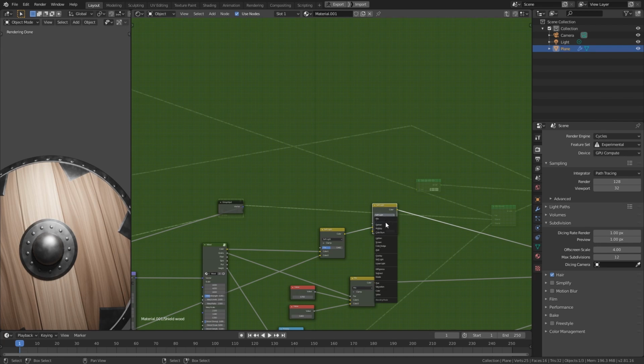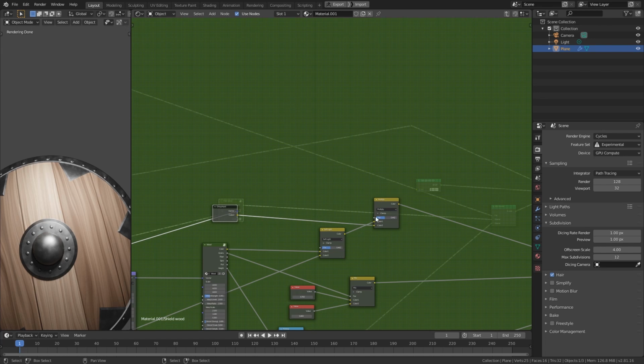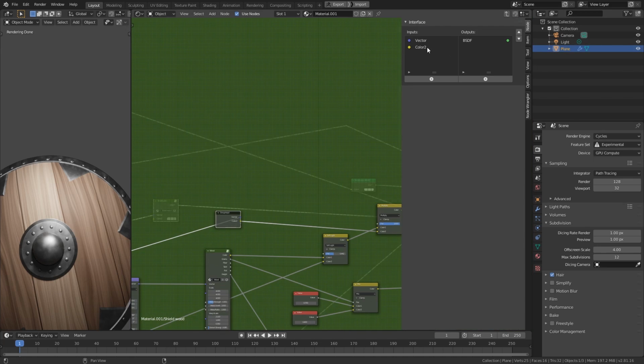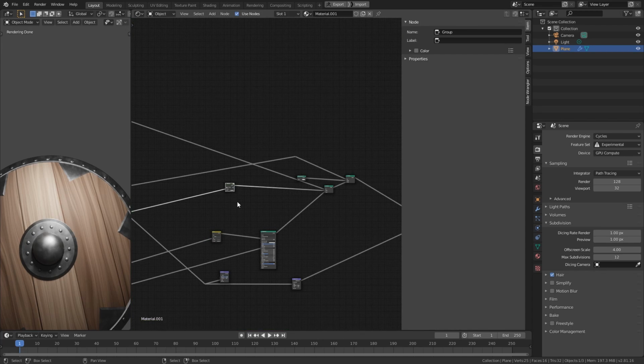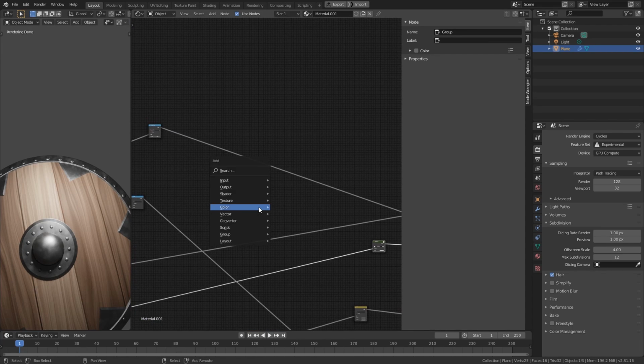So yeah, let's create another mix node, and maybe set this to multiply, and connect the color 2 to the output, I mean the input. Increase the factor to 1. Okay, and this one will be AO. Okay, and bring this one back. Alright, now we can create an ambient occlusion node